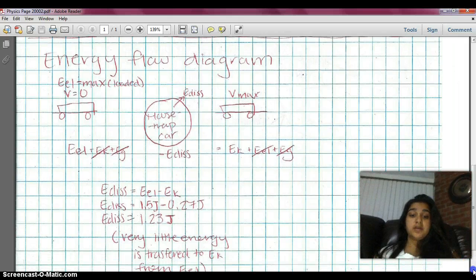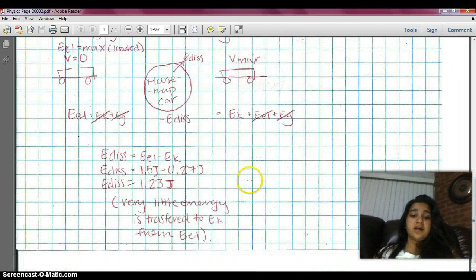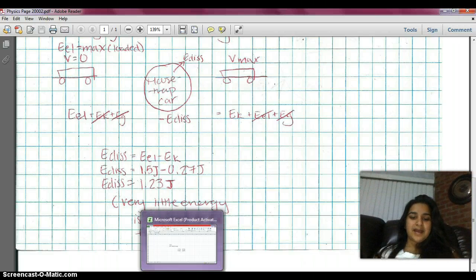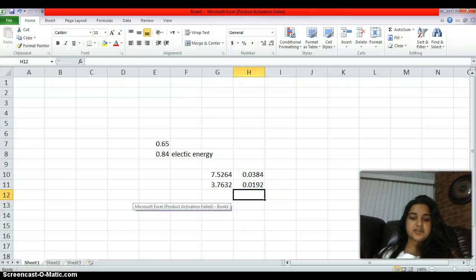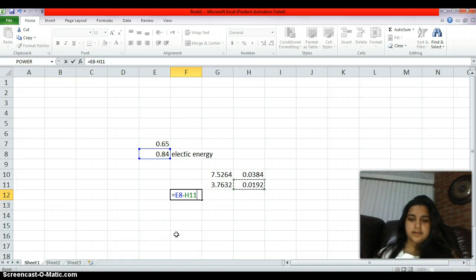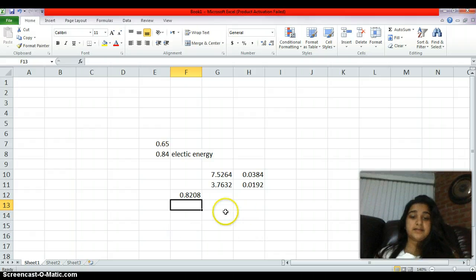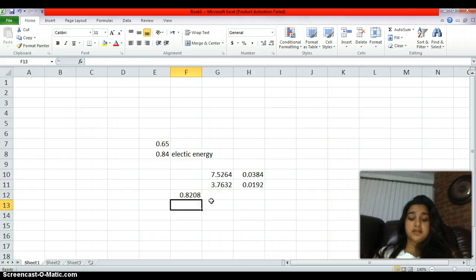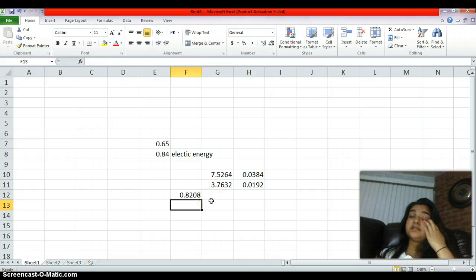We derived an equation, E dissipated equals E elastic minus E kinetic, and because our E elastic was wrong, let's just resolve this again. So that's our E elastic, and we have to use our E elastic minus our kinetic energy, and that is the amount of energy dissipated in the two moments in time. And I didn't do the VPython,